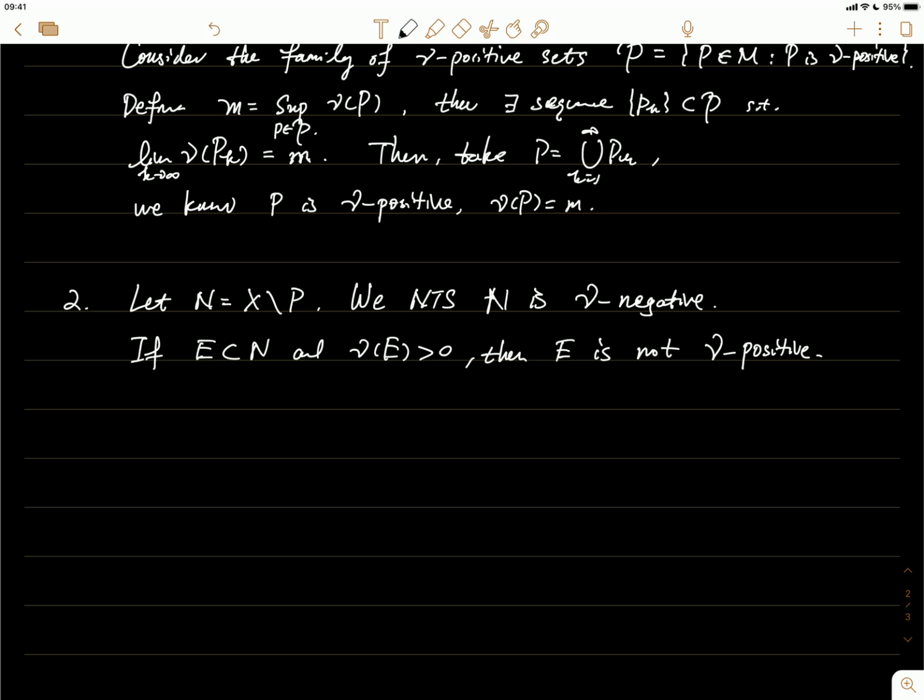So what this means is, again, suppose we have the picture as before, and we have this part as the P, which is the union of the PKs, and then on this part we will have the N. If we can have some subset here, it's the E, and this E is nu positive, then we can put this E together with that P. Okay, we can put the P and the E together, then